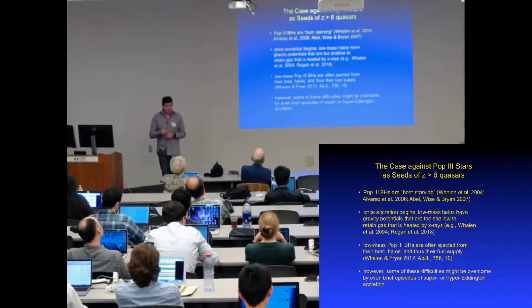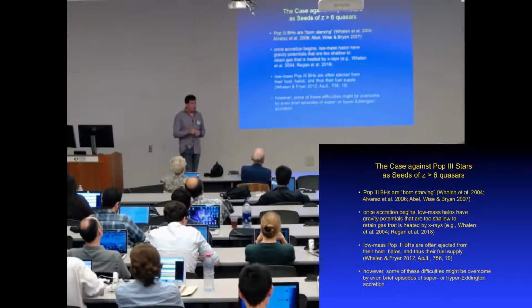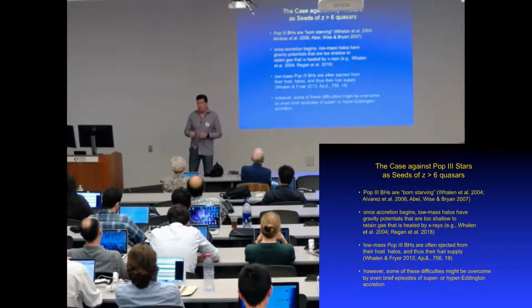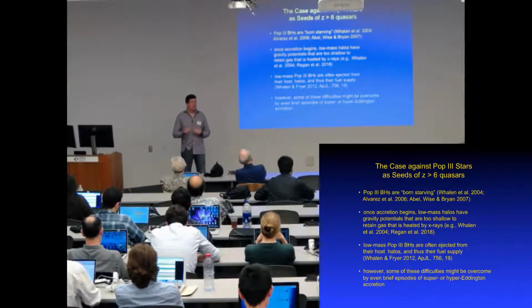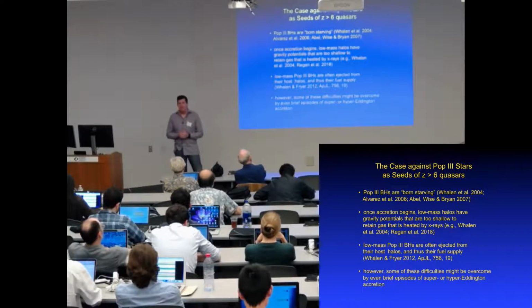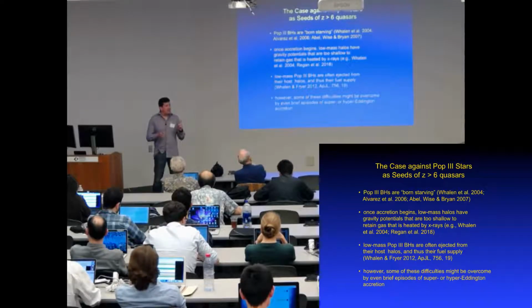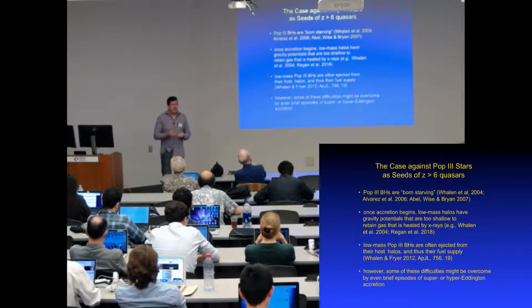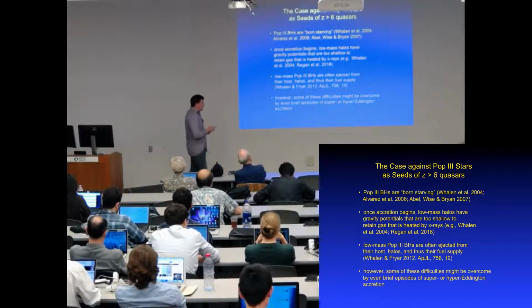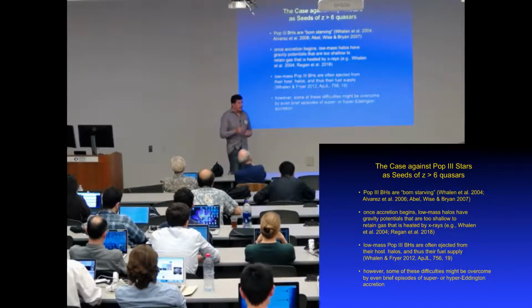Now, some of these difficulties could be bypassed by so-called super-Eddington or hyper-Eddington accretion, where we get these fat disk or Polish donut type accretion scenarios onto the black hole, with so-called advection-dominated accretion flows. So even if you're accreting at 100 times Eddington, you only have to have a duty factor of 1% to reach 10^9 solar masses by redshift 7. So that could work, but the thing to keep in mind is that primordial environments are very inhospitable in general to the rapid growth of black holes, because the stars and the black holes just kick gas away from